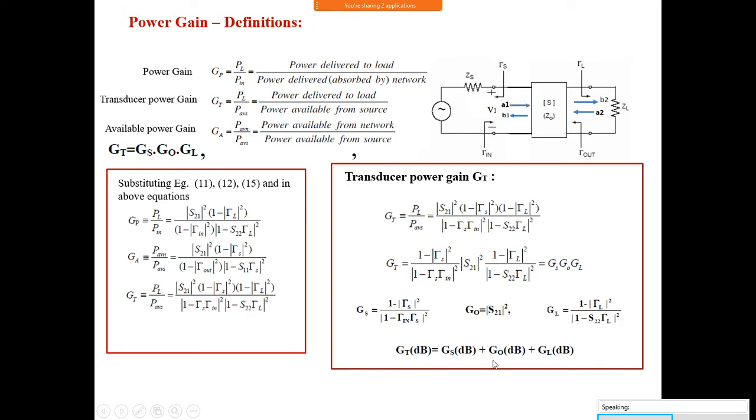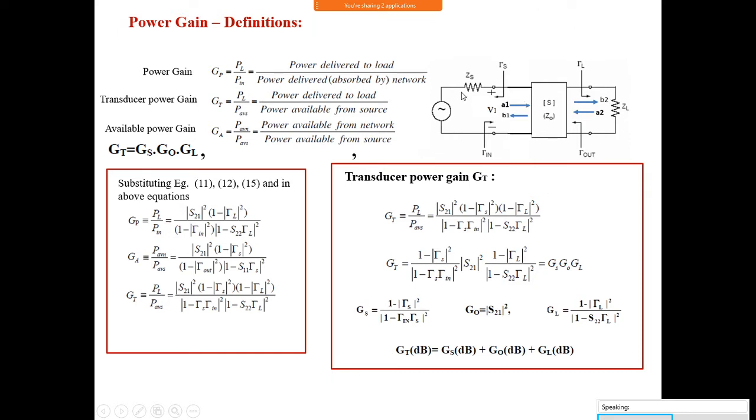Then what is the maximum gain GT you can get? This is 0, this is also 0. GT is only equal to 12 dB. But we want this to be equal to 20 dB. Okay, but if you put here Zs 50, here also 50, we will be getting only this value. Maximum gain we can get is equal to |S21| squared, that is, 12 dB for example. So we cannot get more if you put a 50 ohm here and 50 ohm there.